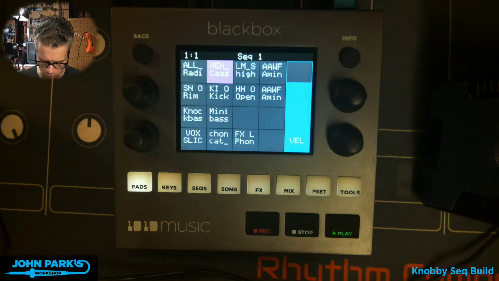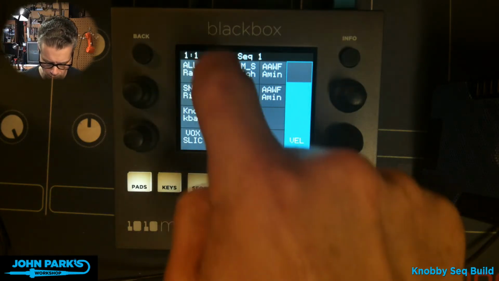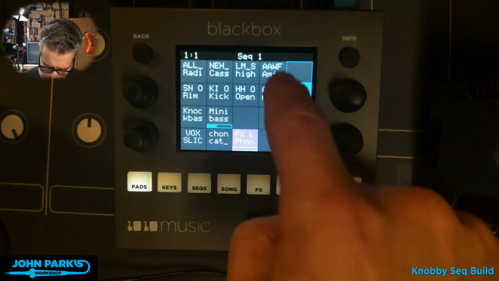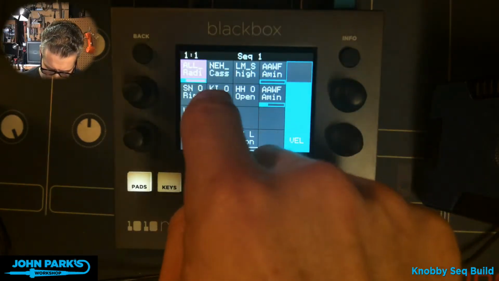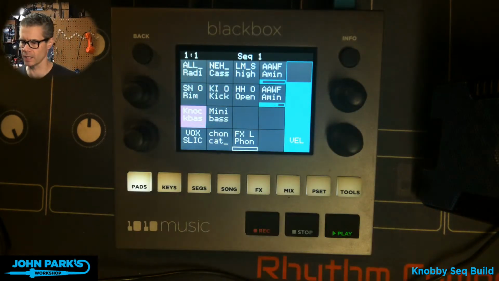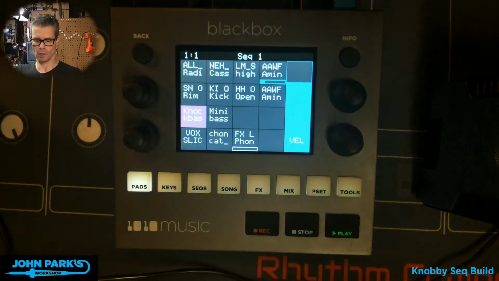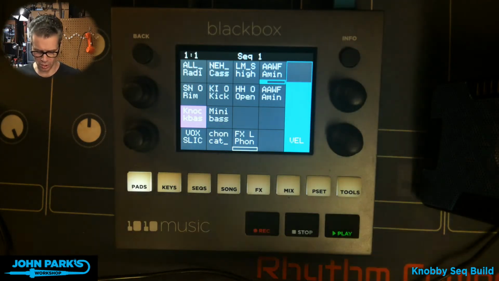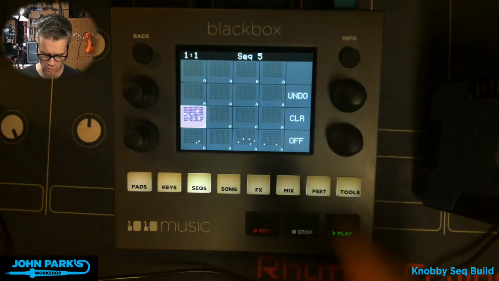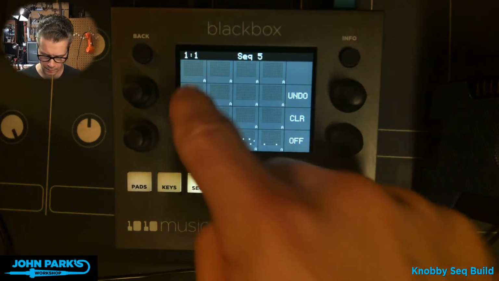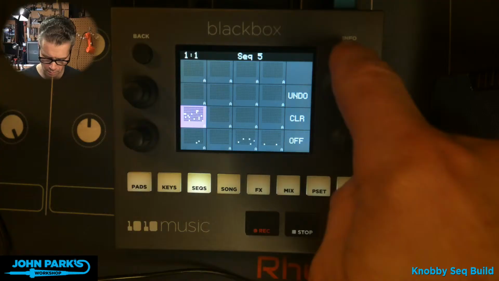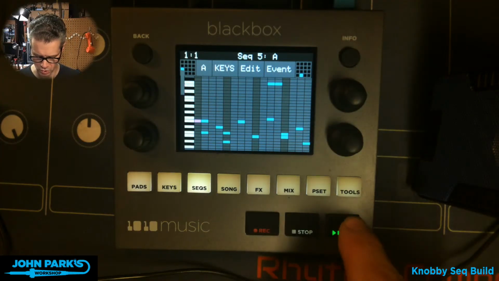I'll turn up some sound here. And you can arrange them into loops and songs using sequences. Here's a little sequencer. How do I enter? Yeah, there. So there's a little sequencer.